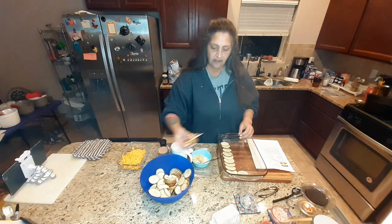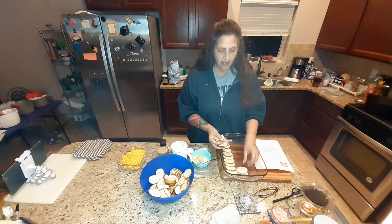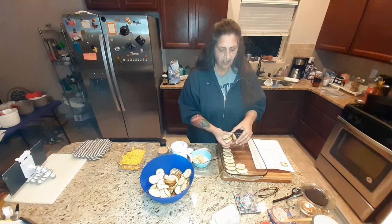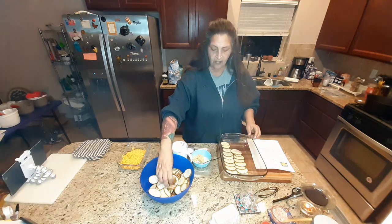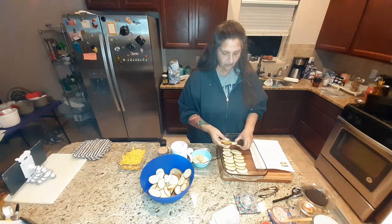Now what I did is after I sliced these potatoes, I covered them in water for a few minutes to get some of the starches out of it. That way they'll still be moist. See, they're still moist when they go into the oven. Now we're going to put the sauce on top of it before we put it in the oven, but still I want to make sure